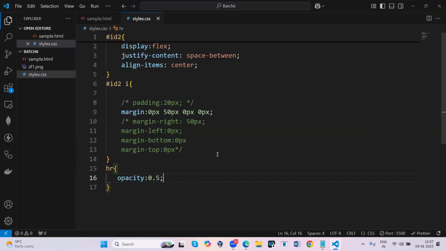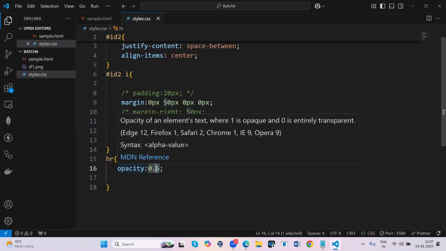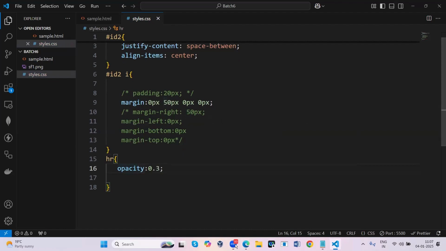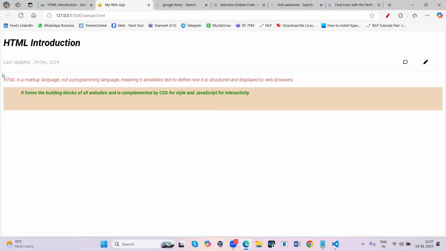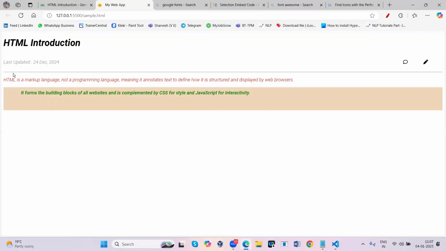You can also decrease it further, I'll give 0.4, 0.3. Just by decreasing the values, you can check the difference. If I don't give this, it is dark only. See, it is dark. When I give the opacity, the brightness decreases.